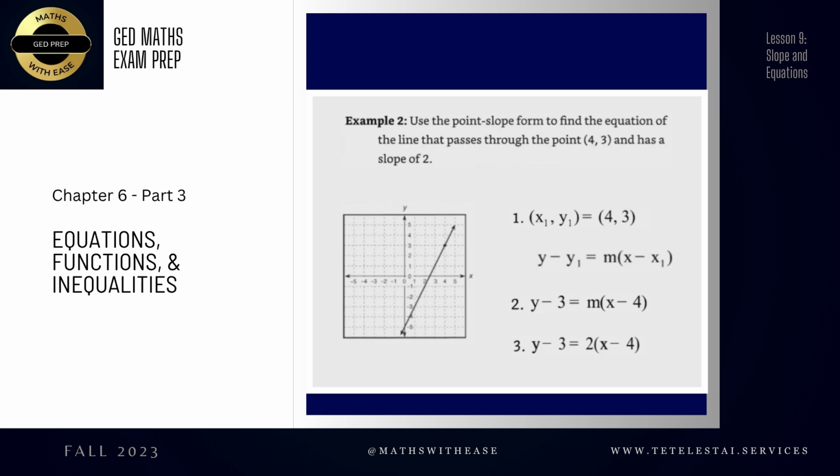y1 is 3, so we're going to plug in 3 here. x1 is 4, so we're going to plug in 4 here where we see x1. And then you're pretty much done unless you're asked to simplify. This is now your point slope equation. In other words, this equation right here represents this line,